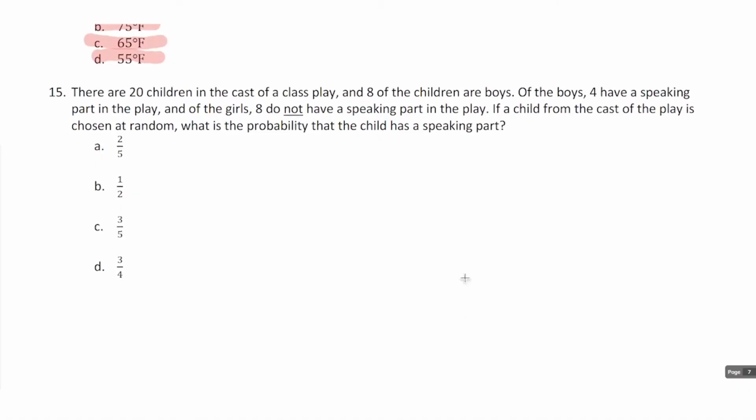Number 15 says there are 20 children in the cast of a class play, and 8 of the children are boys. Of the boys, 4 have a speaking part in the play, and of the girls, 8 do not have a speaking part of the play. If a child from the cast of the play is chosen at random, what is the probability that the child has a speaking part? So the way that we calculate probability